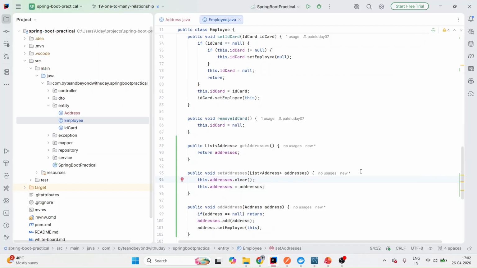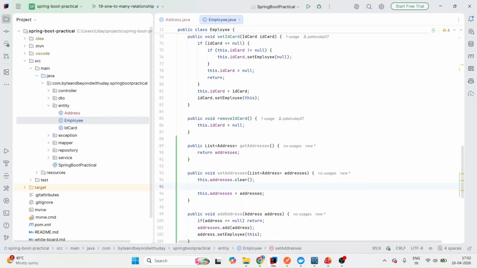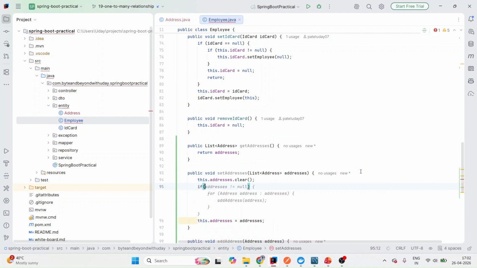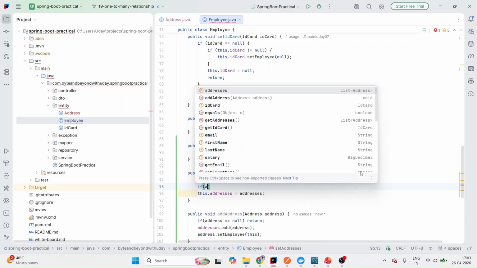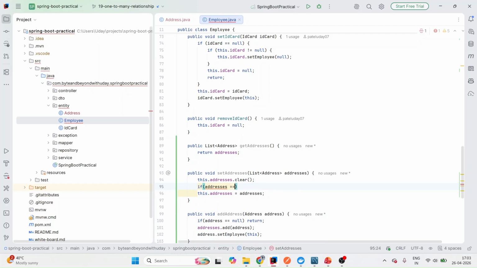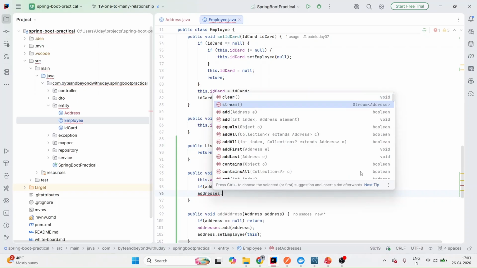This is clear, and then I am going to add a null check over here. If address is equal to null, I am going to return, else, instead of this, I'm going to use the forEach method,